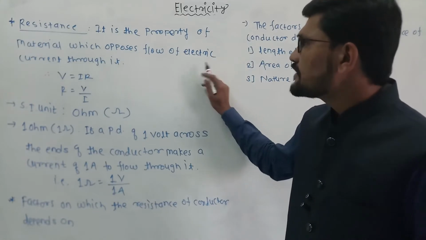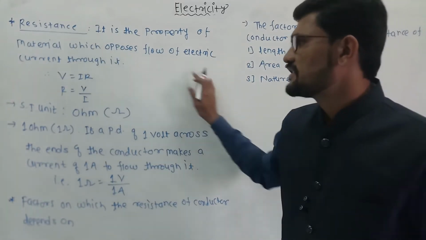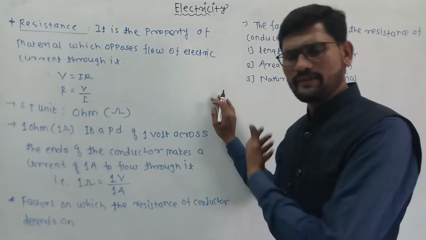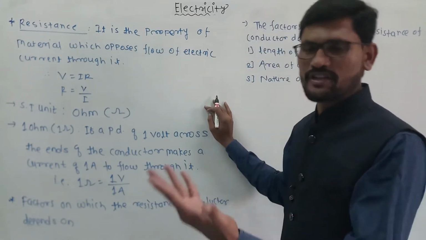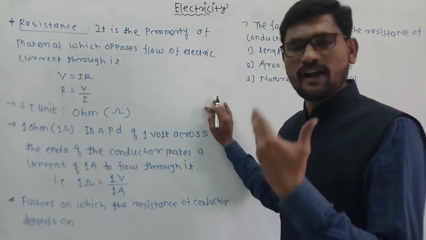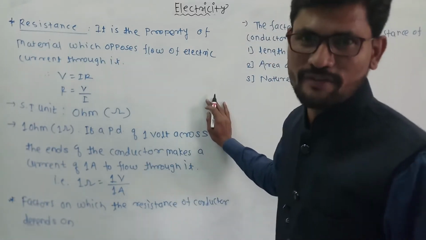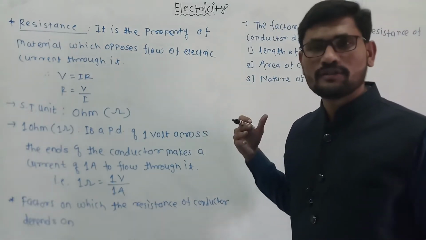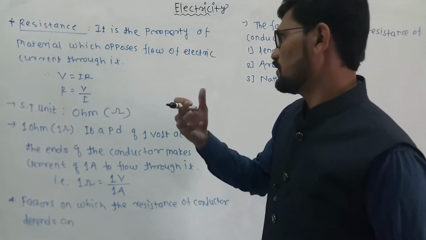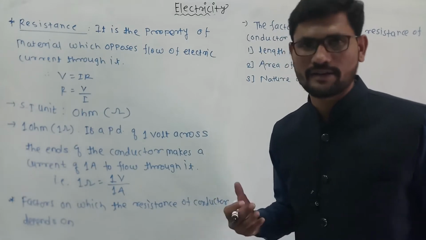Yes, the next concept from this electricity is the resistance. It's very important. Just now we had one concept, that is Ohm's law. What Ohm's law stated is that the potential difference is directly proportional to the current, and then we are getting one proportionality constant which is called the resistance. So this resistance, what role does it have in an electric circuit?